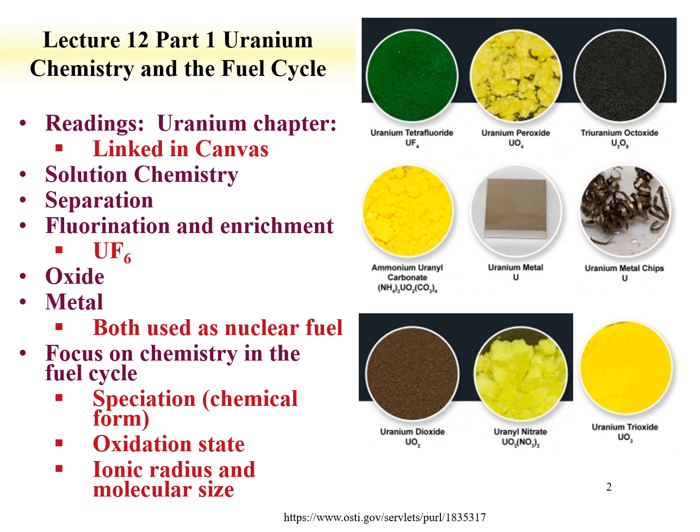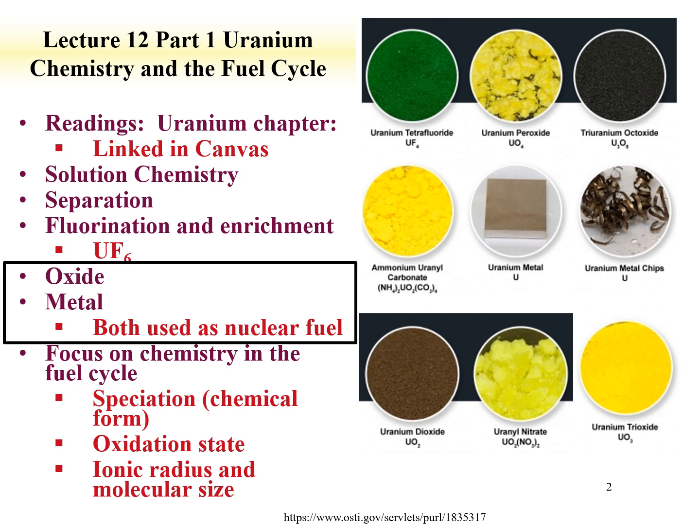Part 2 of the lecture on uranium chemistry and the fuel cycle is going to focus on uranium oxide and uranium metal. There's a common point with these compounds. Both are used as nuclear fuel. For nuclear fuel, uranium metal, shown here, and the oxide is dominant by UO2. One thing that'll come out in the lecture when we discuss the chemistry of uranium oxides is